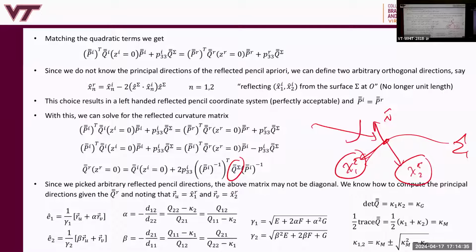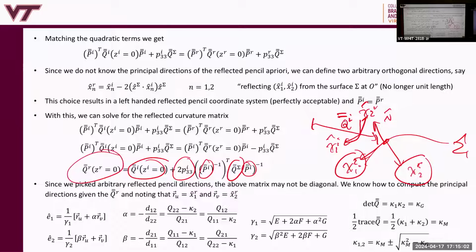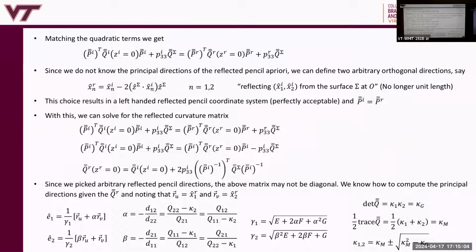We said we had an incident field which has a Q matrix that we know. We know the length of this ray. And we are going to define the principal directions of the incident wavefront because we know the Q matrix of it. So now we can find these projection matrices because we know this, and x1 incident, x2 incident hat. We know all of that. We can find all these matrices. We find the reflected Q matrix. Once you find the reflected Q matrix, then we just have to go to